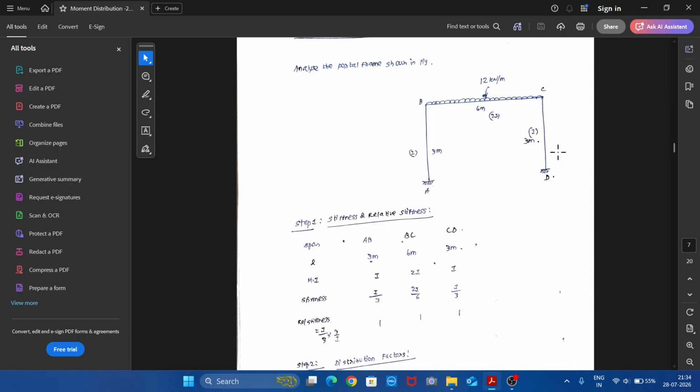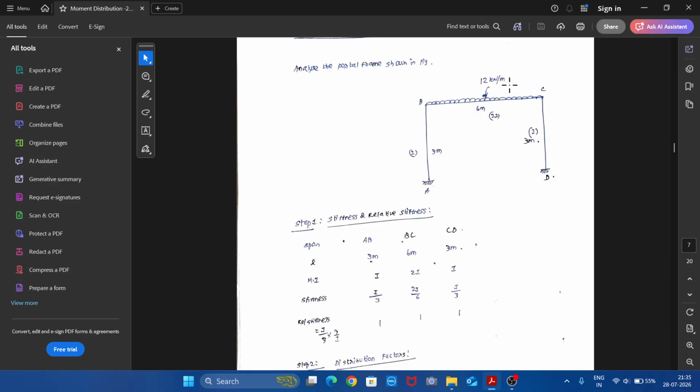In this example, we will see the step-by-step procedure of analyzing a portal frame using the moment distribution method. So this is the portal frame which is to be analyzed. The height of this column is 3 meters, the span of the beam is 6 meters, and the height of this column is 3 meters. Moment of inertia of columns is I, moment of inertia of beam is 2I, subjected to a UDL of 12